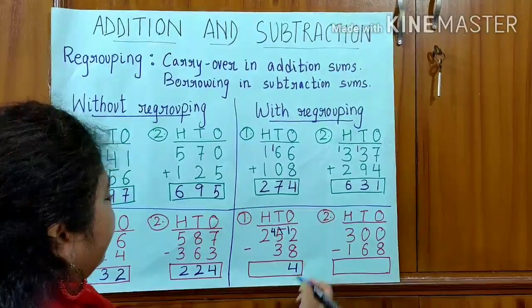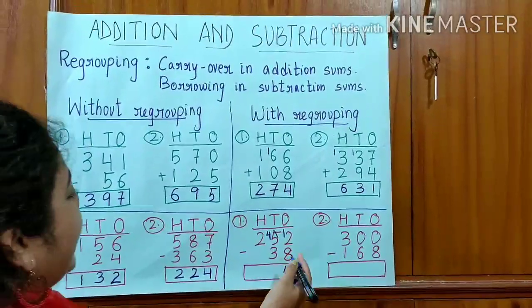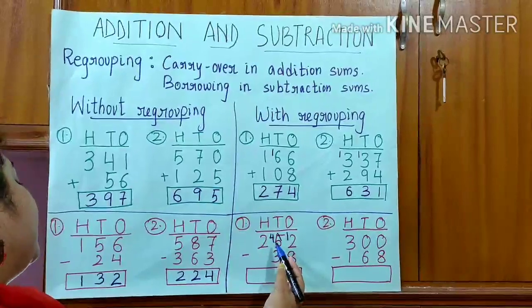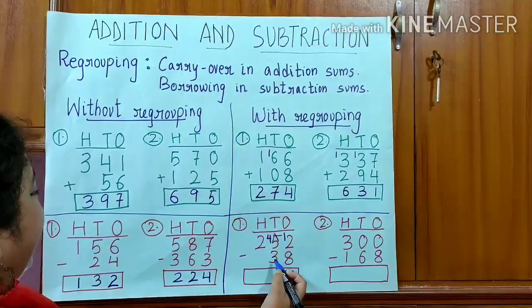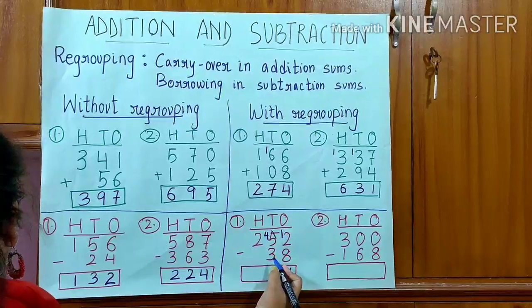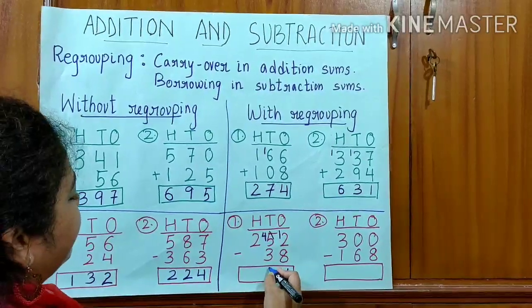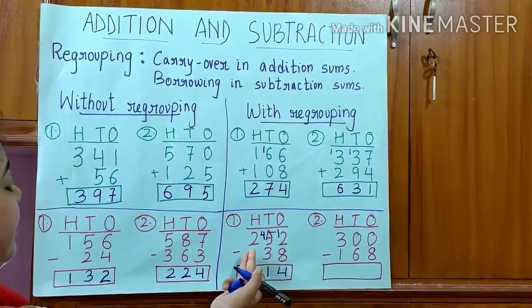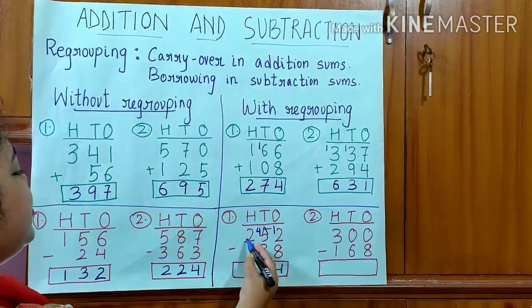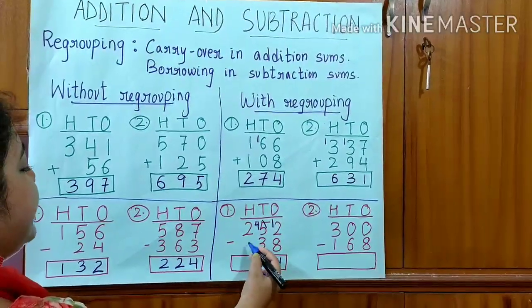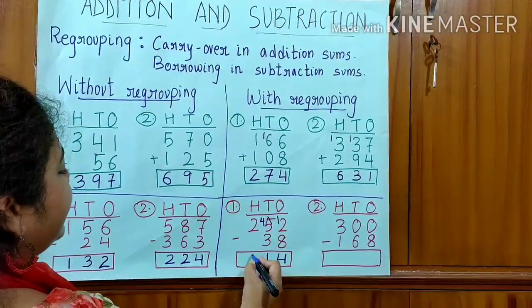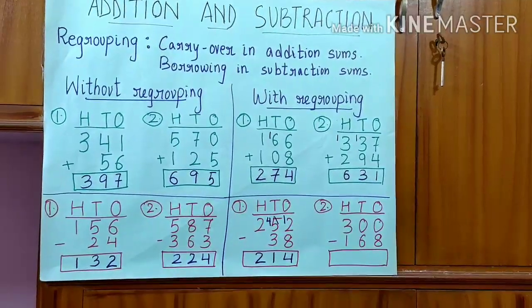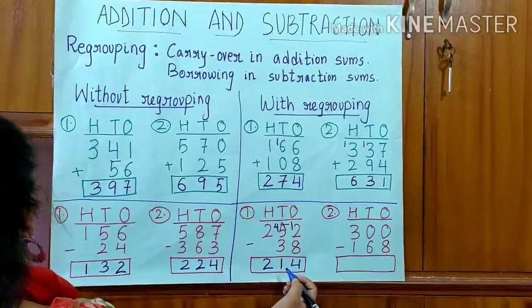Right, children? Now we are done with ones. We'll move on to the tens place. So now here, what is the number we have got? We have got 4 tens minus 3 tens. So that is easy. We can do it easily. We will get the number 1 ten. Then again in the hundreds place, we have got only 200. We have got nothing over here. So as we know, when we have nothing, the same number comes down, and that is the answer. So when we subtract, we get the number 214.